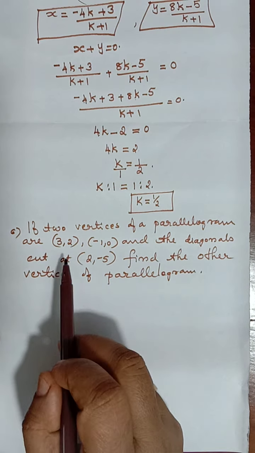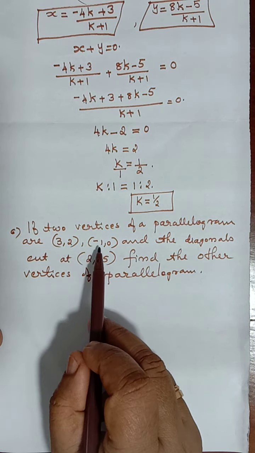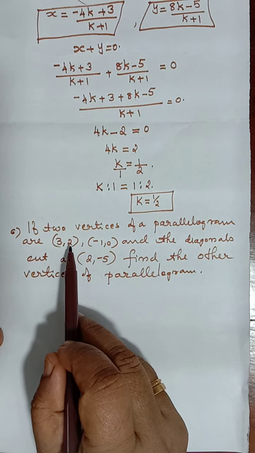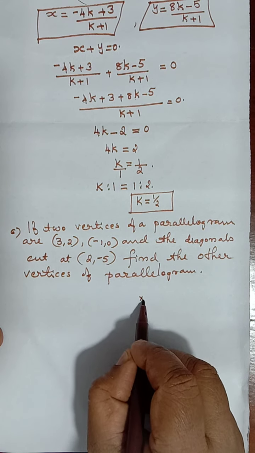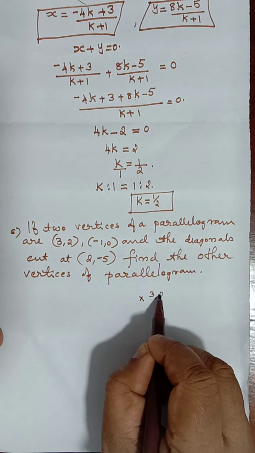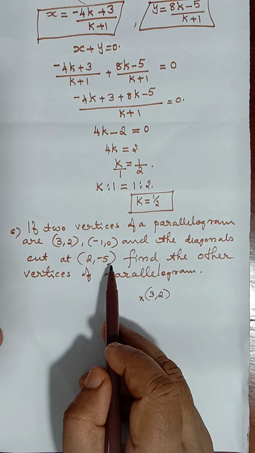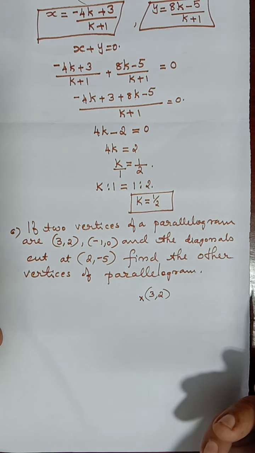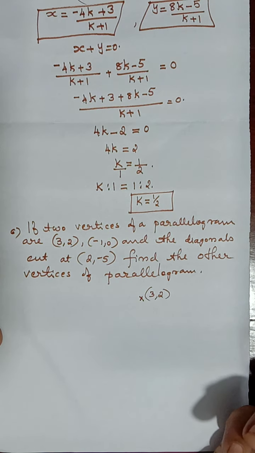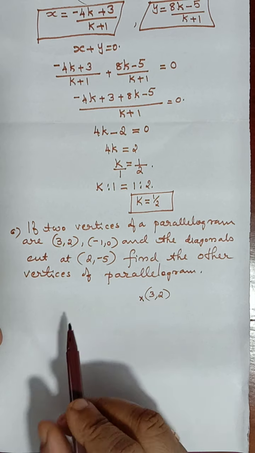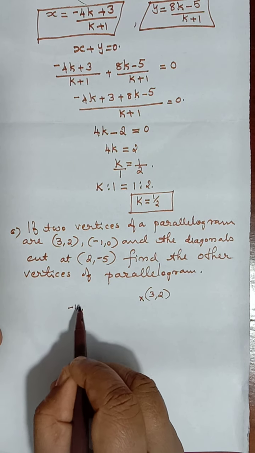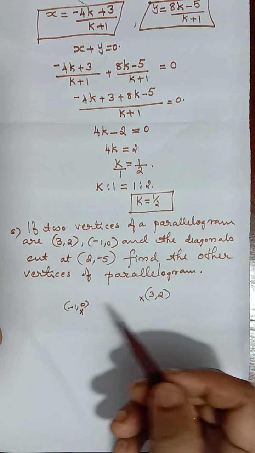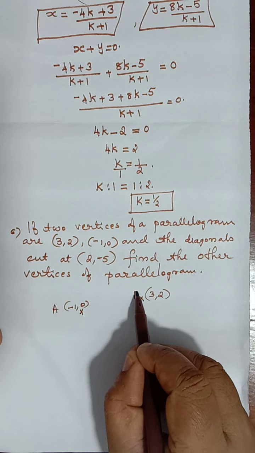So when we consider these points, these are the two vertices given to us. (3, 2) comes in the first quadrant, right? So when we mark it, I am marking (3, 2) here. We have (3, 2) and (-1, 0). (-1, 0) actually comes on the x-axis itself, on the left side of it. Okay, (-1, 0) here we have. I'll mark it as A and this is B.